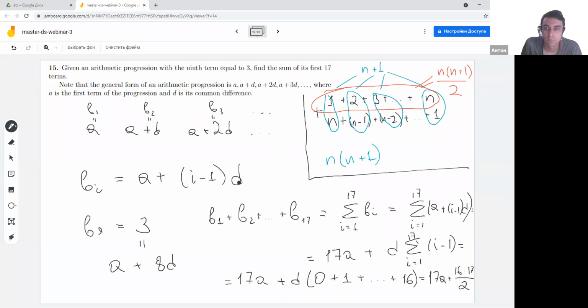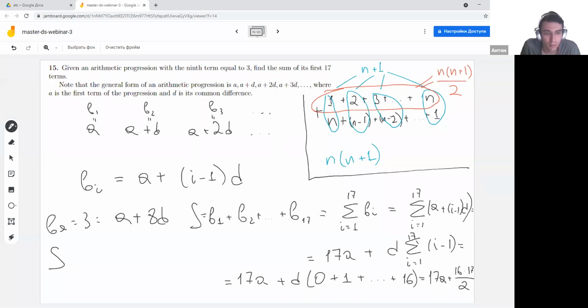And well, where can I rewrite it? Let me free some space for myself here. I'll just write it like, again, B9 is 3, and it is A plus 8D. While here we have the sum that we want to find, S, equals